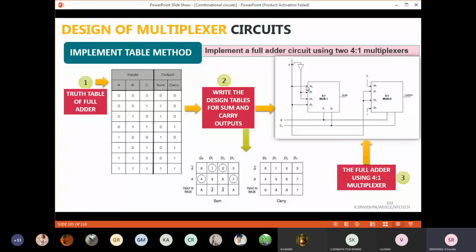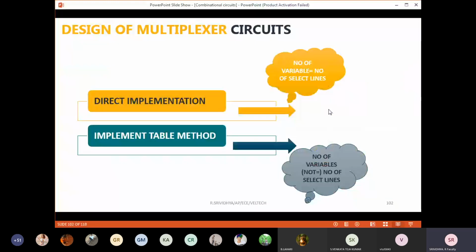column, it is corresponding to A. So I am putting A. And for my second column, it is corresponding to A bar. So what I'm doing, I'm inverting my A. Now see here, I'm inverting it and I'm giving to D1. Now D2 is also given to the same thing. D3 is given to A. So with this particular thing will be over.